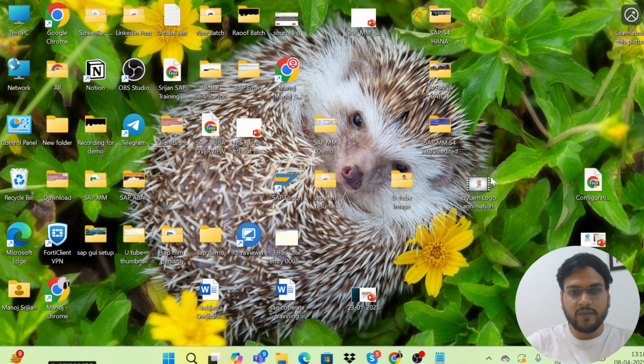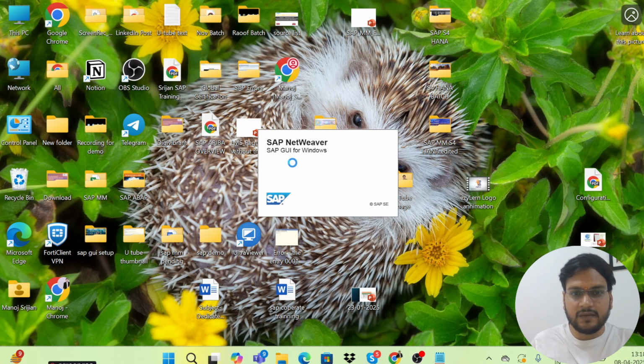Now we will see how we can use SAP Fiori. As an end user, you just need to work on Fiori tiles. So how we are going to use those Fiori tiles in that demo server, and how we are going to add a host file, that we will see. So let me take you to the SAP screen, SAP GUI.